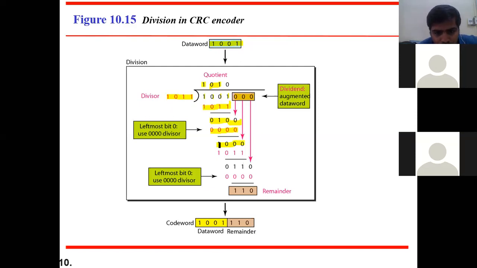Then the first bit here is 1. So I should take 1 this time. That is 1011 into 1. Then the same, whatever the bits are there in your divisor will come here. 1011. Then neglect this left part again. 0 into 0, 0, 1, 0, 1, 1. Then again 3 bits remain. Then take the last 0 which is remaining there. Then this time again the leftmost bit is 0. Then take that last one as 0. 1011 into 0. Then all numbers will be 0 only. Then neglect this left part.